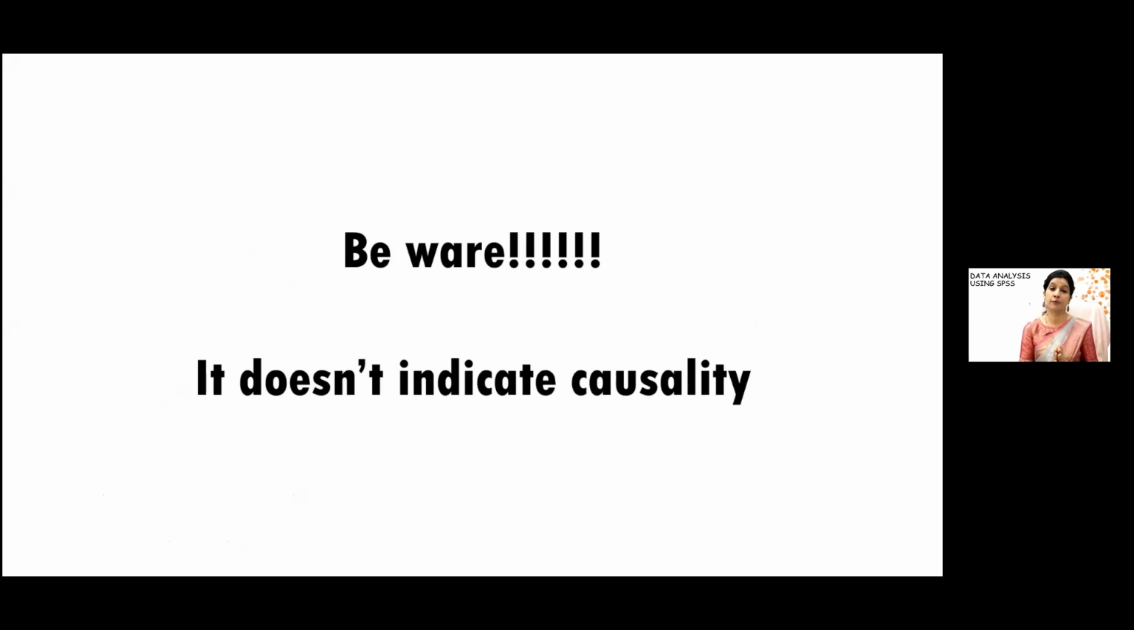But we have to be very cautious because association doesn't say anything about causality. What do I mean by saying this? If there is an association between gender and the onset of, maybe male, if you find that male has got more onset of cardiovascular disease, that doesn't mean that male gender is causal for CVD, because you